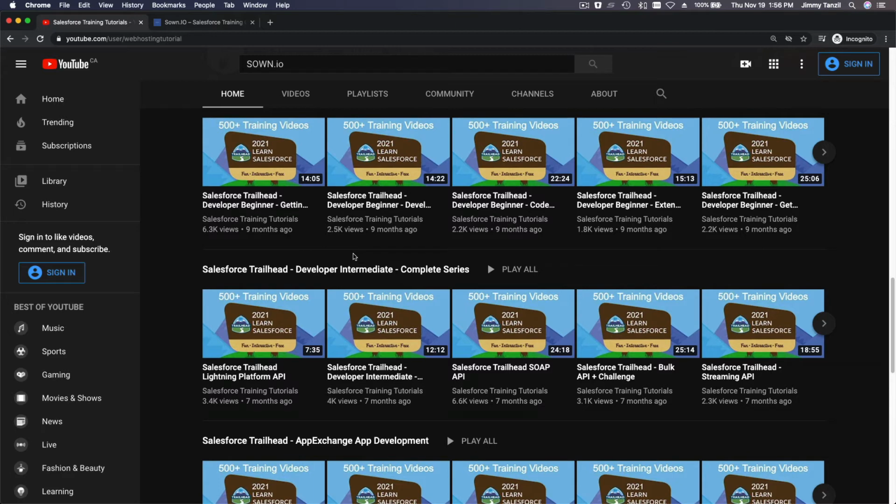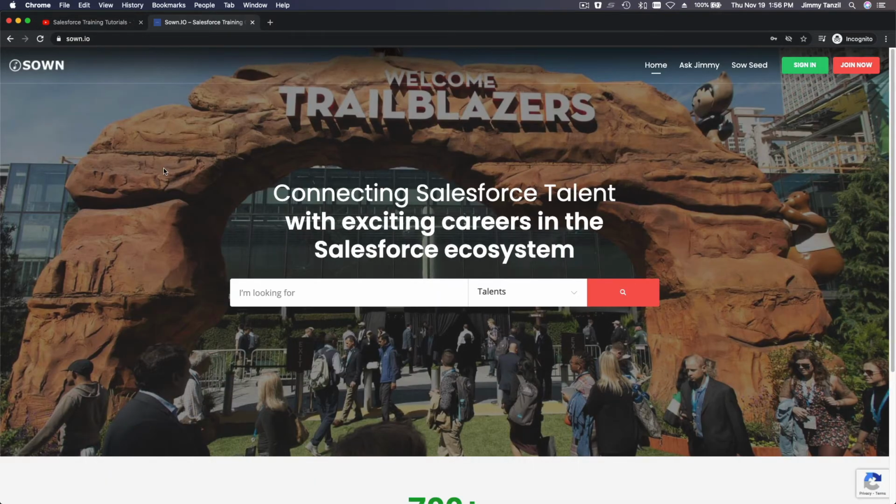And then if you're ready to land a job, a real world job, hook up with the Zone.io platform, where I'm connecting you, the Salesforce talent, with exciting careers in the Salesforce ecosystem. As you may know, there are so many enterprise organizations to small businesses that are using Salesforce right now. You name it, government,